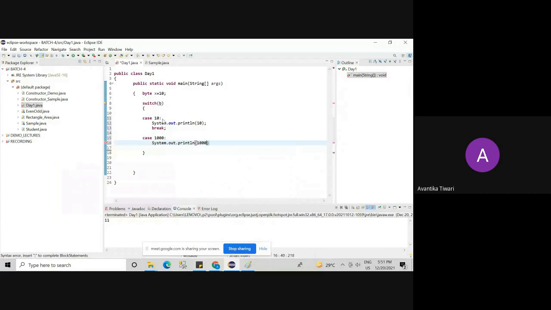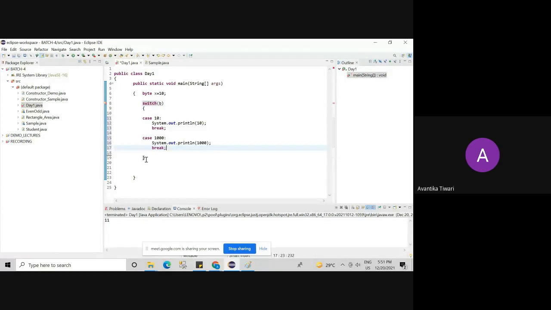Okay. So can you see the program? Yes, ma'am. What I am trying to do is, I am writing a switch case and the first case is case 10 and the second case is case 1000. So my case labels are valid or not?